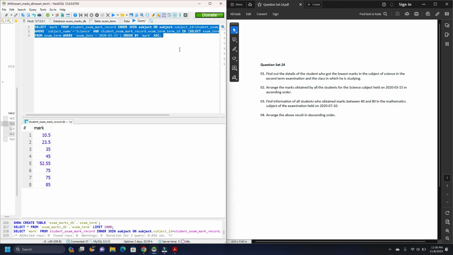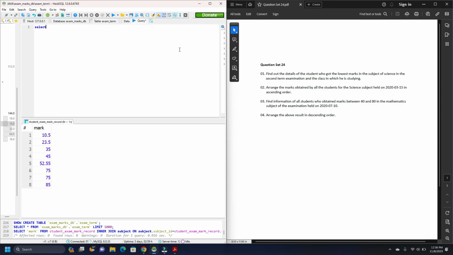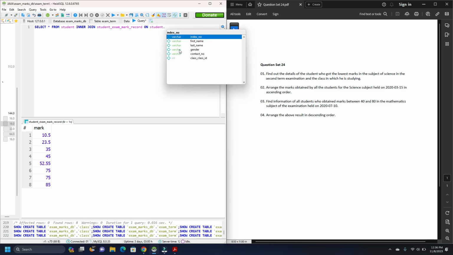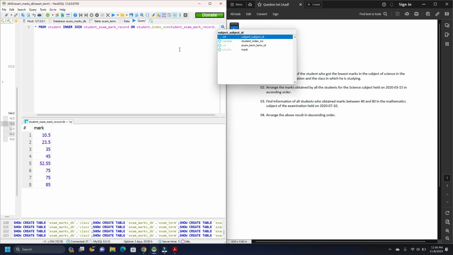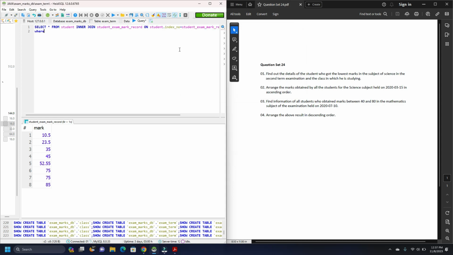So starting with select all from student, inner joining it with student exam mark record table on student dot index number and student exam mark record table dot student index number, where